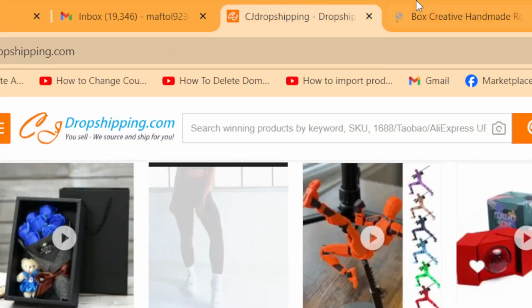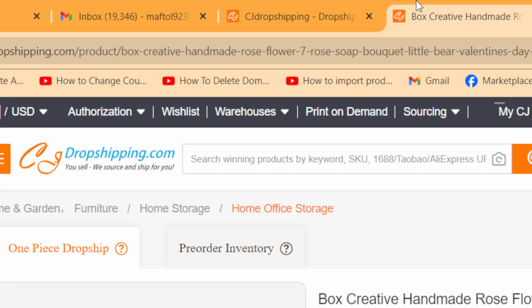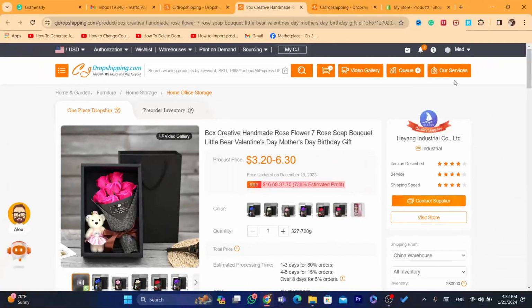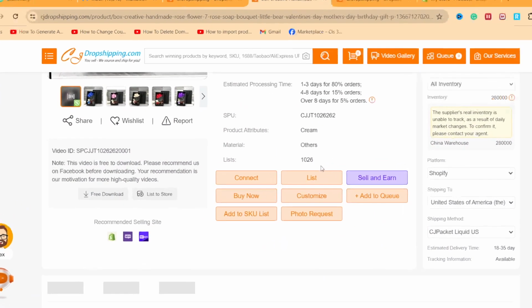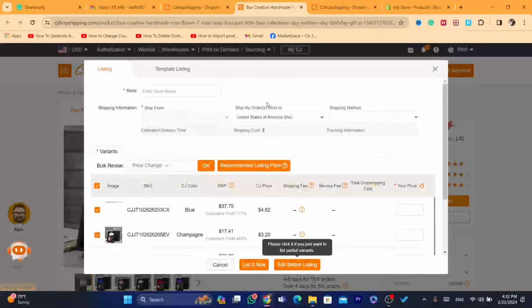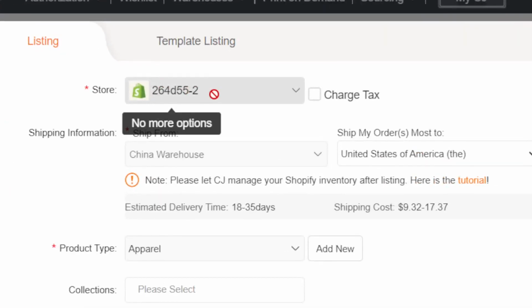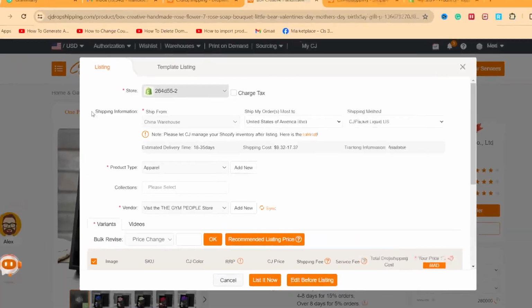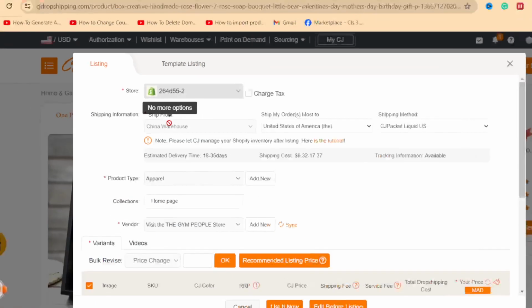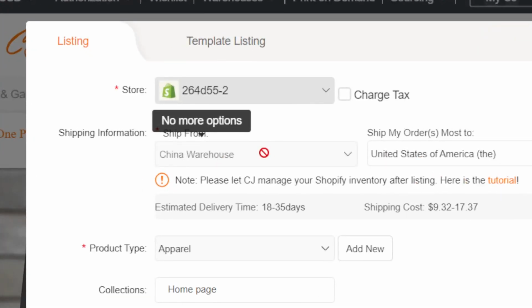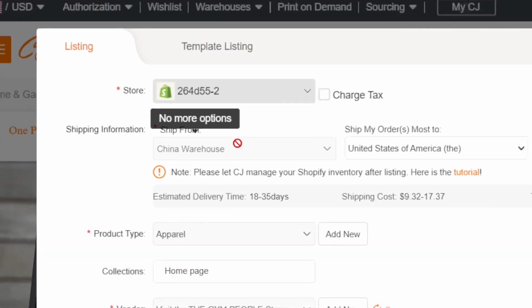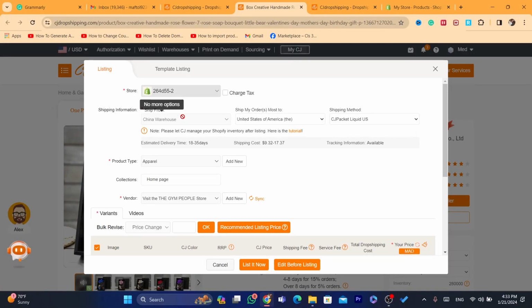Just click on the product that you want to import to your Shopify store, and then what you guys need to do next, you want to scroll down, okay, and you want to click on list. Now here you will find here your Shopify store. As you can see here it says shipping information, ship from China. So if you want, for example, to import products and they are from like the stock is in United States,